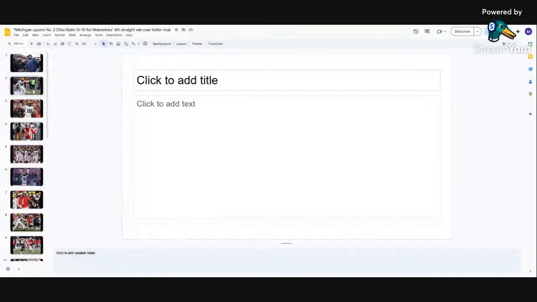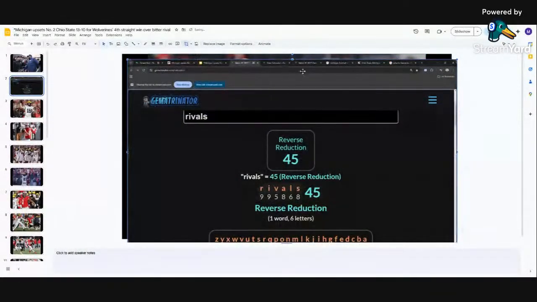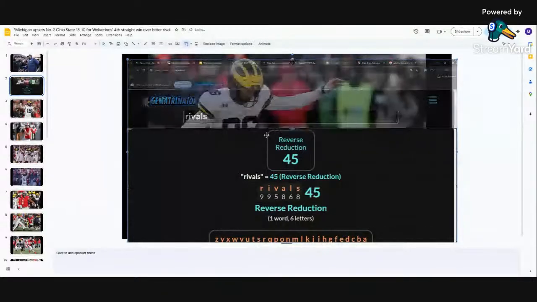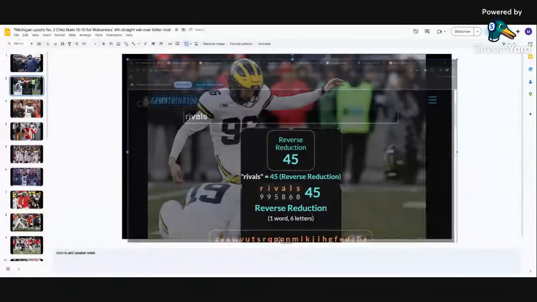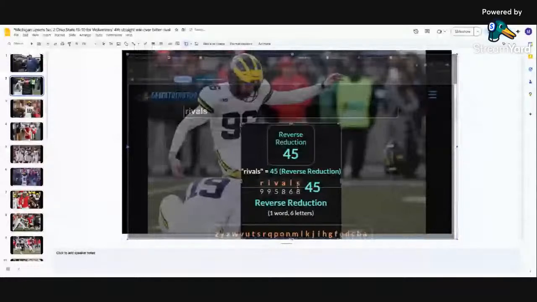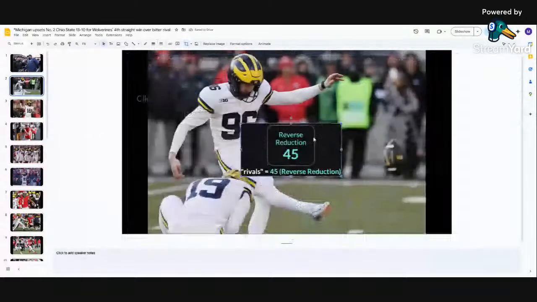Okay? So you see I'm kind of learning as we go here at the same time as y'all. I'm going to put it right there. And that's amazing, isn't it? I think because they're speaking of the bitter rivals, and then rivals equals 45, and the game-winning kick is with 45 seconds, you know? So I'll put together a slide here or so. And keep in mind, I didn't look at this beforehand, but you see, this is how Google will help you do this, okay?